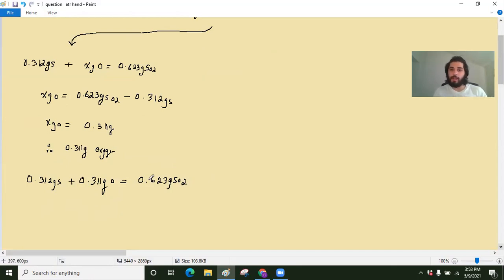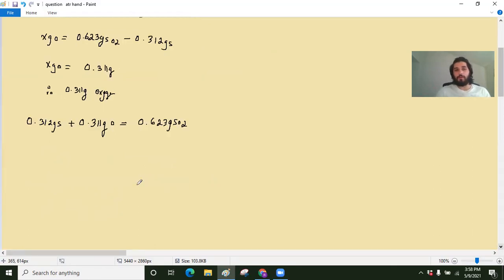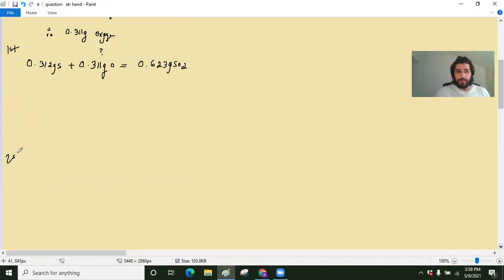But of course, this doesn't answer our question. It only gives us information about what happened in the first scenario. It doesn't tell us, if we were to tweak the amount of sulfur, how much sulfur dioxide would we have? This is the first situation, where it didn't give us the amount of oxygen, and we solved for the amount of oxygen. But if you look at the second situation,